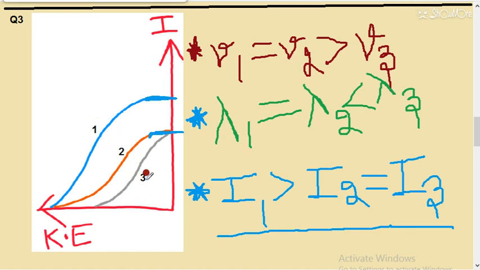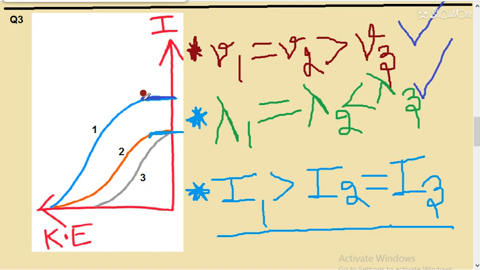So when wavelength is more, kinetic energy will be less. So the first two relations are clear. I think you can note down these two, first one and second one. After that, see for which radiation the current is more. For I1 the current is more, so the intensity of light 1 is greater than the intensity of light 2.